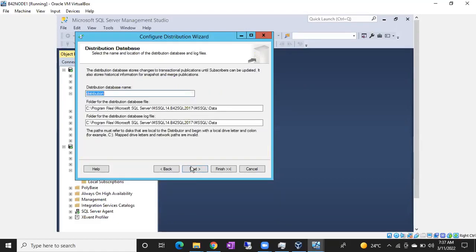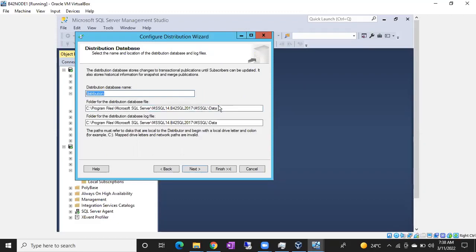Next. You can see here, this is the distribution database name. If you want, you can edit the distribution system database. The only system database which allows you to edit is your distribution database. Other system databases you cannot rename, guys: master, model, MSDB, tempdb, and resource DB. But when we configure replication on the publisher server, where you are going to configure your distributor, one more system database will be created. That system database name is distribution. If you want, you can rename it with a different name.